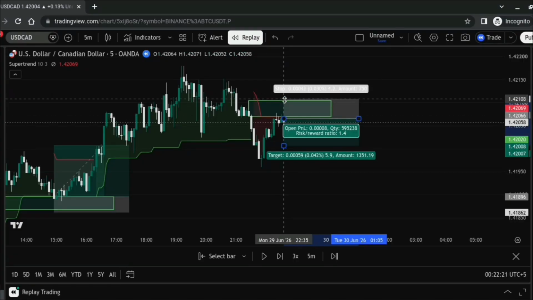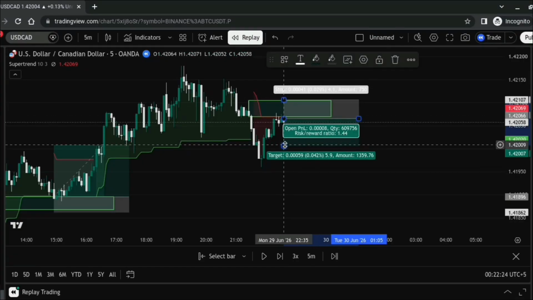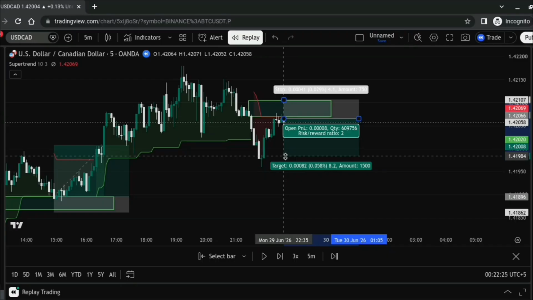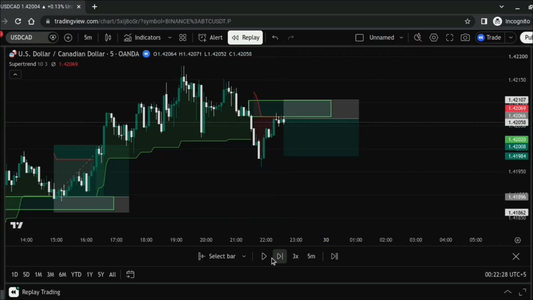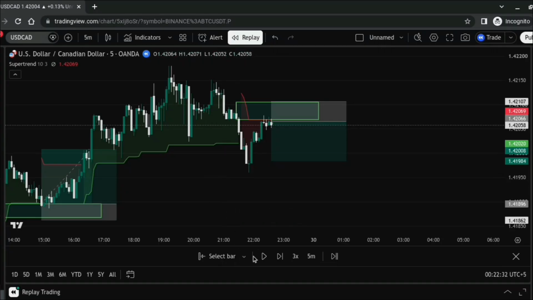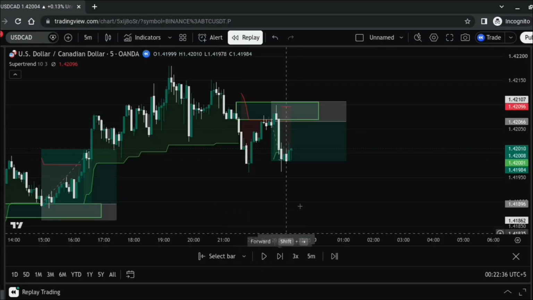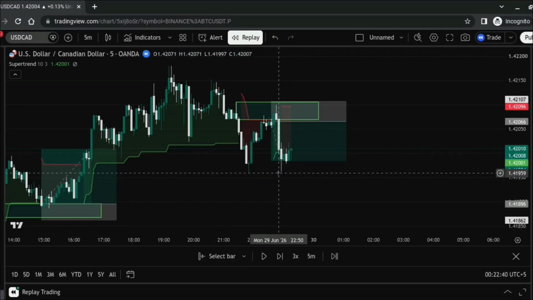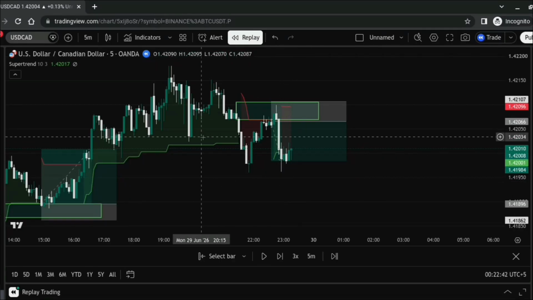Again, stop loss above the order block and take profit at over 1/2. So let's see, this time it hits take profit or stop loss. So you can see that our TP is hit right now, which is 1/2. Just make sure you follow the trend